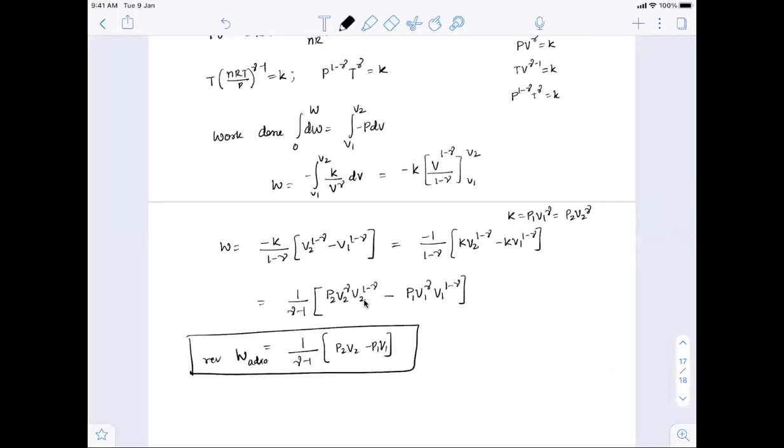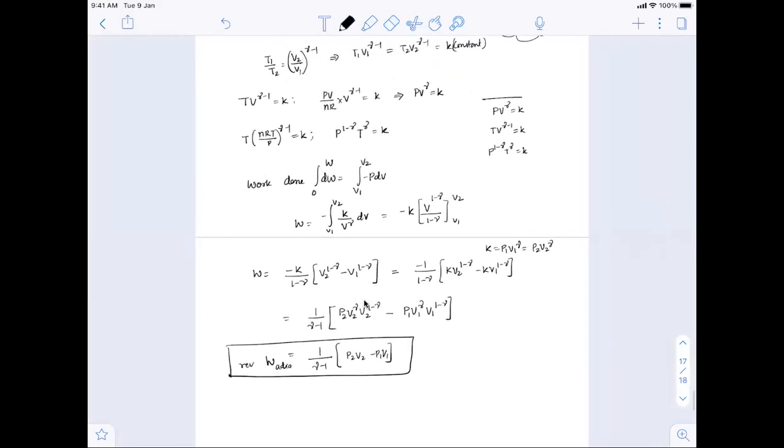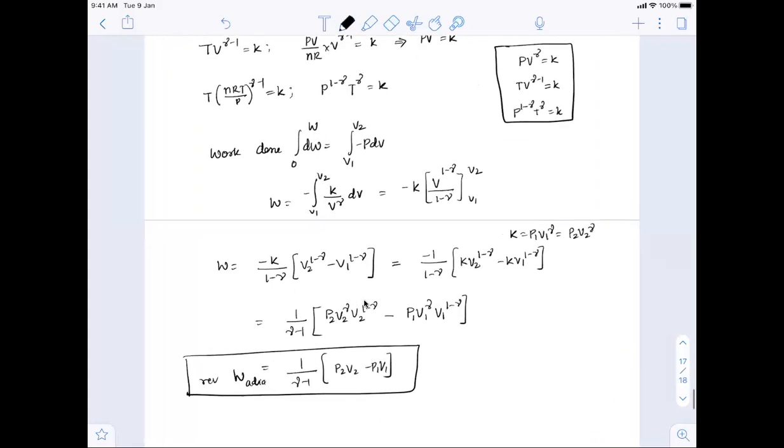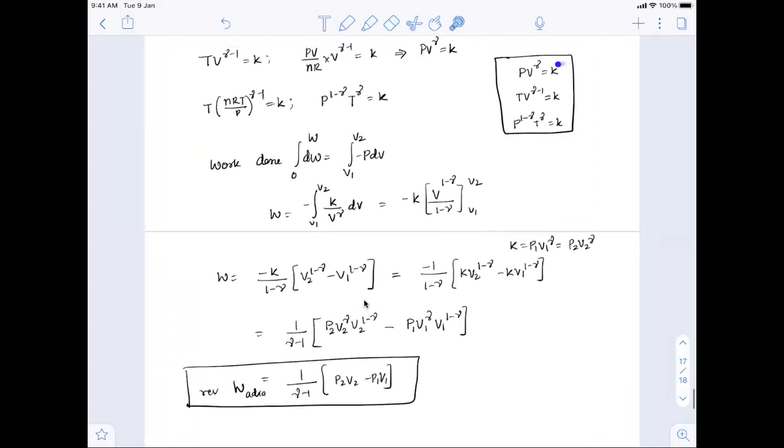Have you all got this? So please make a note of these formulas before going for problem solving. In reversible adiabatic, these three are very important formulas for how to calculate the work.